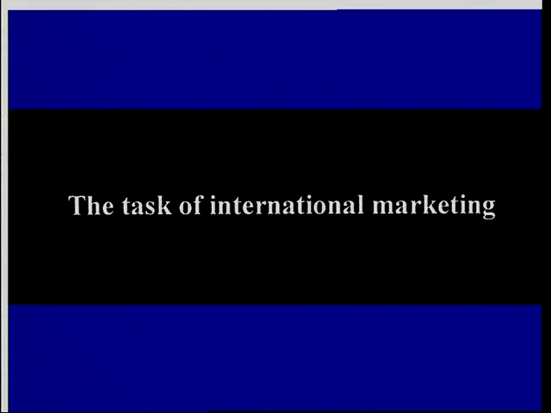Dear viewers, let us go to the next agenda, the task of international marketing. An international marketer must operate on 3 planes simultaneously. Some of these planes are related to company environment, and the factors here are totally under the control of a marketer. Some of the planes are related to domestic uncontrollables, and these uncontrollable factors are normally beyond the control of